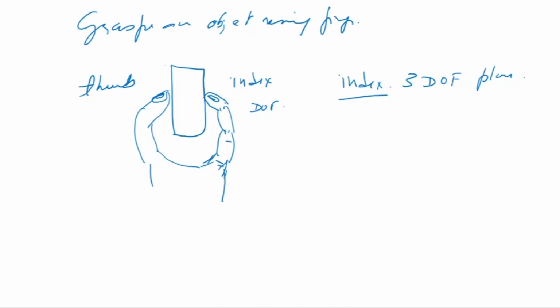So the question comes that if I have a 3 degree of freedom system, like that, this is 1, this is 2, this is 3, and this is my object. Because this has 3 degrees of freedom and for a point you only need 2, x and y, this is a redundant system. So the index finger is redundant provided it just wants to apply the fingertip at a point xy.